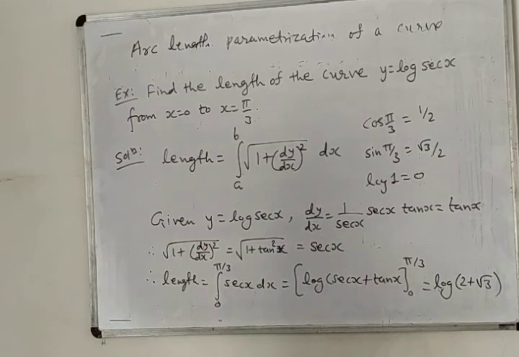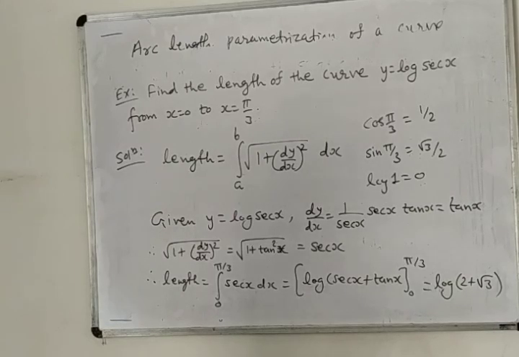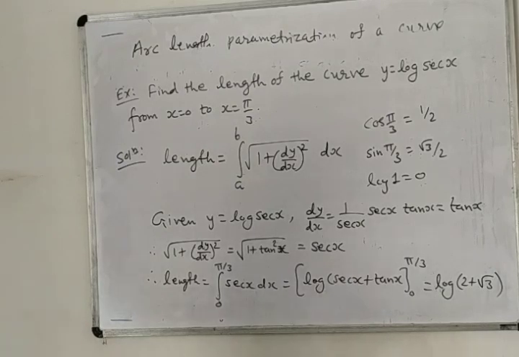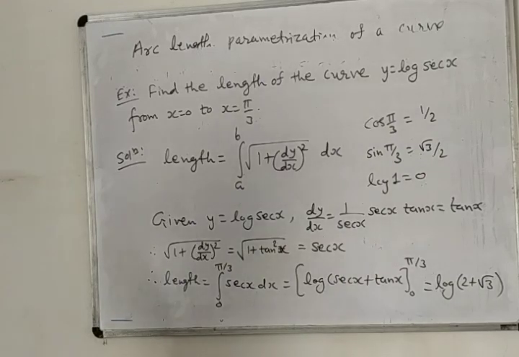So you can solve these examples, and with this we are completing the topic on arc length. Then the next topic is on surfaces, but you will not have to see this right now. Some of the examples can be asked from arc length, either in the directly descriptive form or in the MCQ form. So you can solve the examples whichever we have done in this lecture. During the remaining time you try to solve the other examples. Thank you.